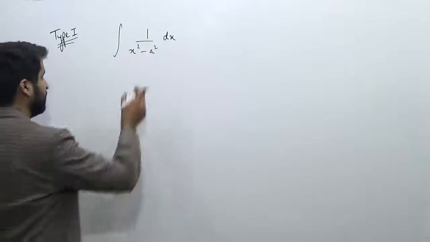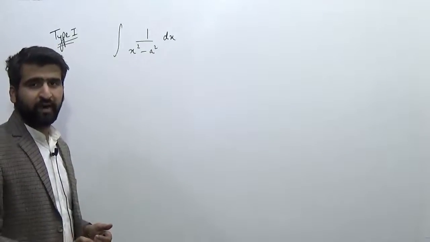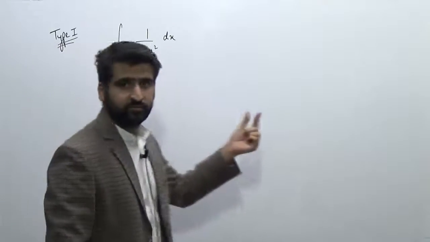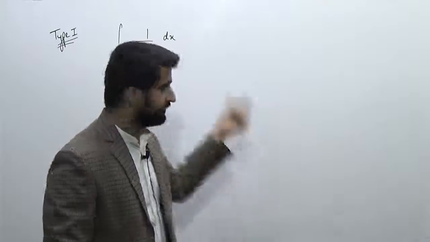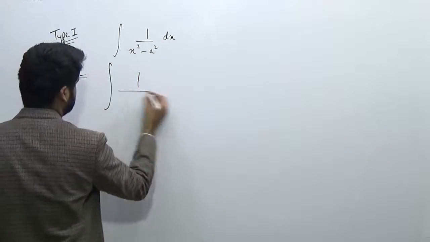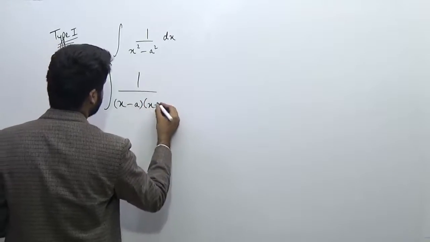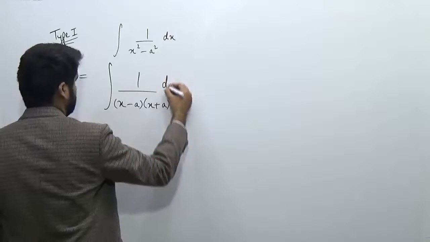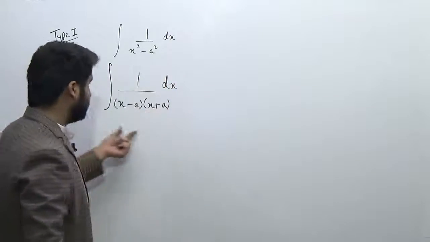Now we know that this denominator can be split into 2 factors. The factors are x minus a into x plus a. This is a pretty easy one. So we can write this integrand as x minus a multiplied by x plus a, so dx, right? Now you can see that the 2 factors here